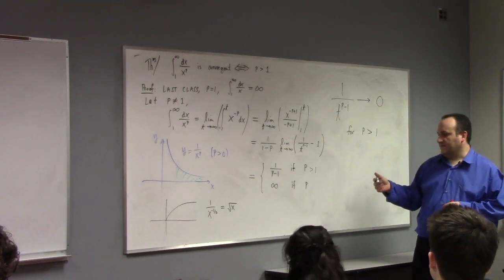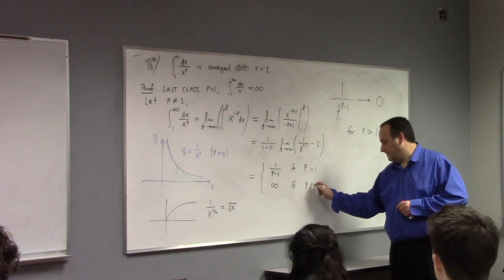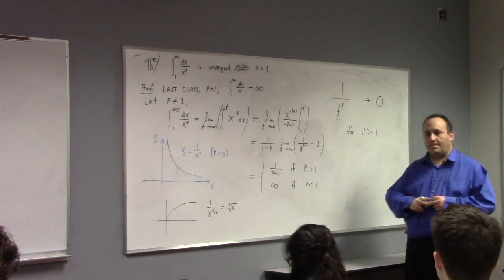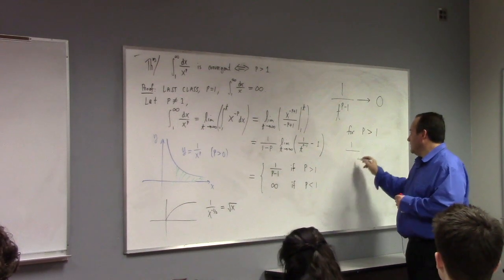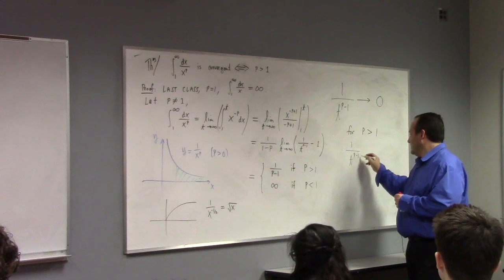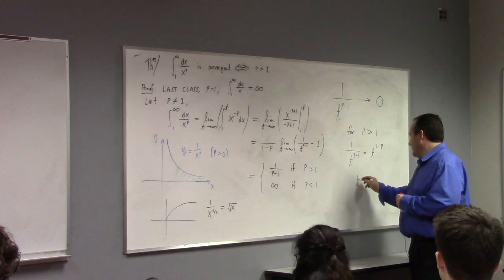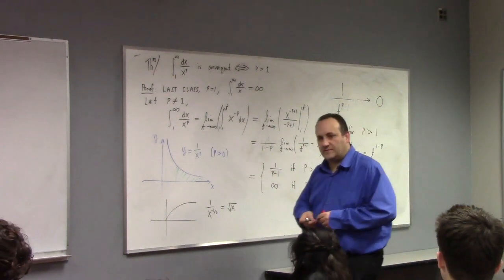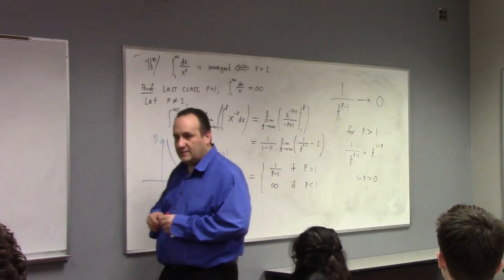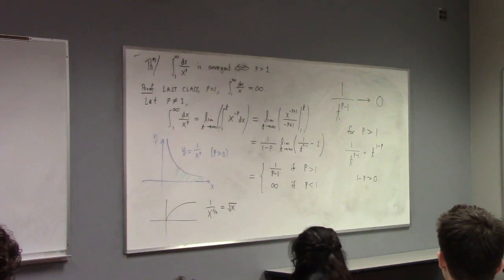And what happens if p is less than 1? Then 1 over t to the p minus 1 is actually equal to t to the 1 minus p, right? Where 1 minus p is, in fact, a positive power. And t to a positive power goes to infinity as t goes to infinity. Consequently, that integral diverges